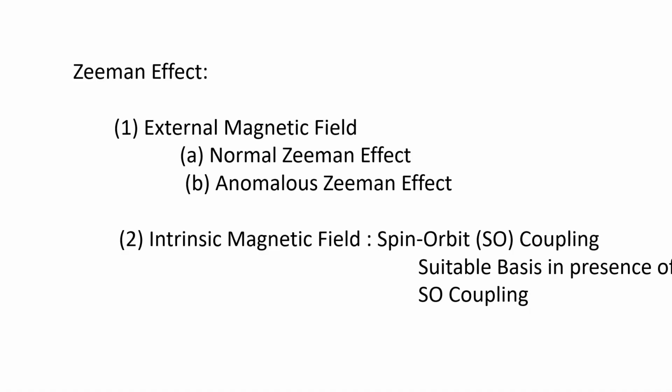As the plan goes, we will talk about Zeeman effect in an external magnetic field, and of course, it is a weak magnetic field that we are going to talk about. And then we will talk about normal Zeeman effect and anomalous Zeeman effect. And then we will talk about the intrinsic magnetic field, and in that connection we will talk about hydrogen atom and splitting of levels of the hydrogen atom. In that connection we will talk about spin orbit coupling as well, and we will see that we need to